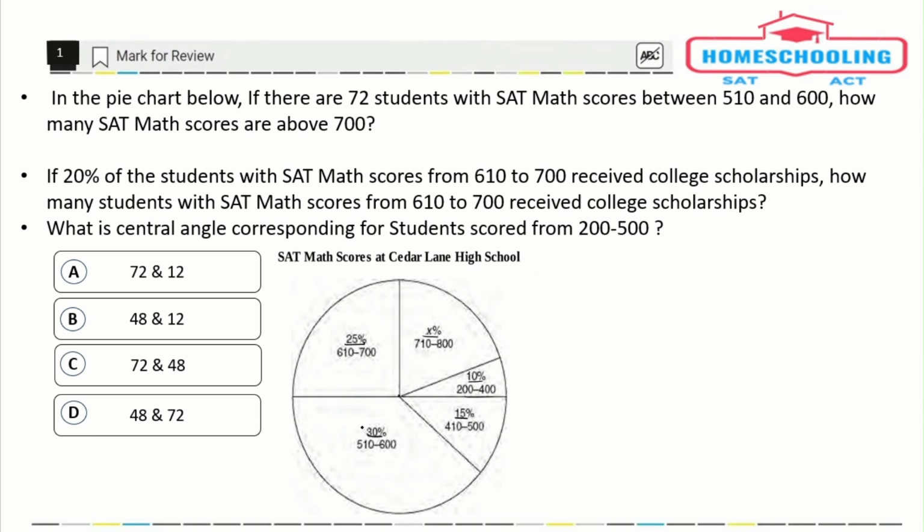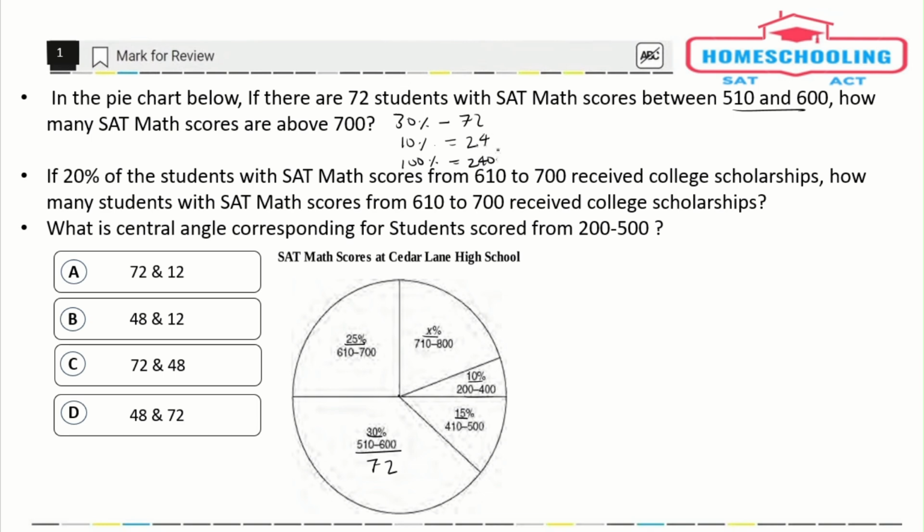The area of the pie was 30%, and the range given here was 510 to 600. The number of students given in the question is 72. So now we know that 30% of the area has 72 students. So 10% would be how much? 10% would be 72 divided by 3, that would be 24. Similarly, if 10% is 24, then 100% would be 24 times 10, that would be